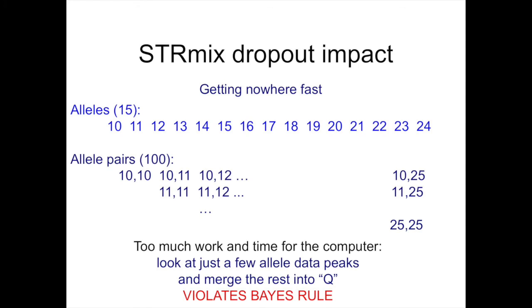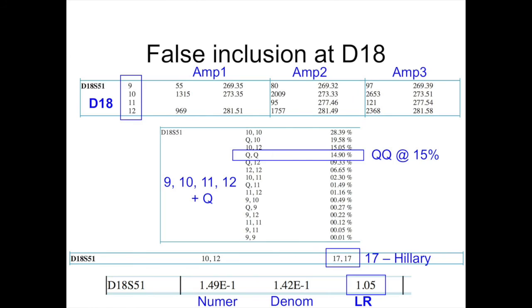There's another fascinating thing that we saw about dropout. I'll summarize it by saying there are about 15 alleles at a given locus. There's about 100 allele pairs. The dropout method is very popular with software developers because it means you only have to look at 3 or 4 alleles, and you're not looking at all 100 possible pairs. You're only looking at maybe 10 pairs. Everything's a lot faster. But the problem here, and I'll summarize this for you, is, for example, at locus D18,